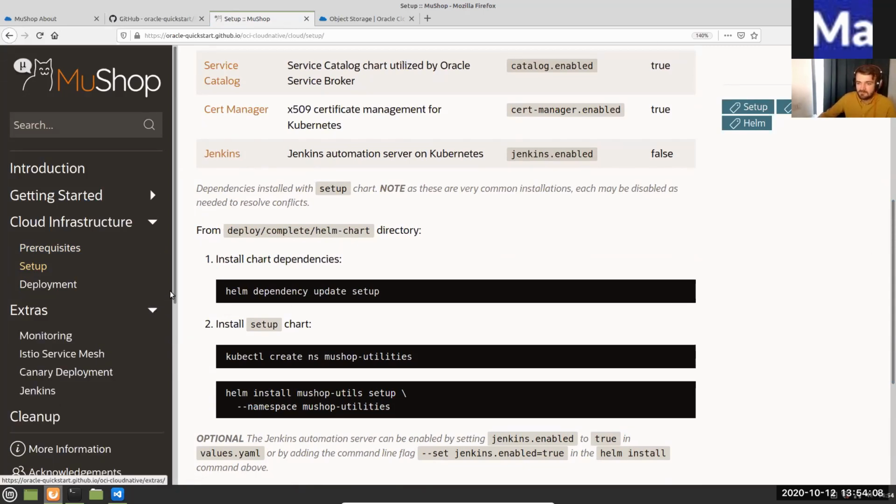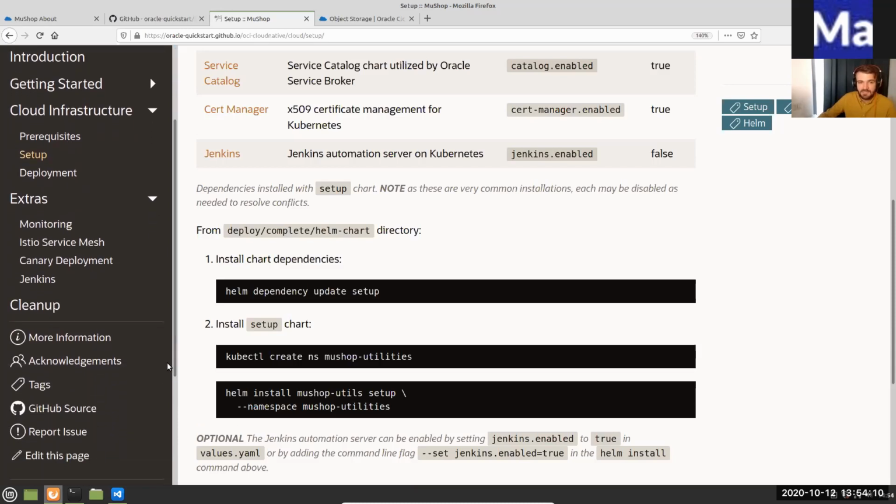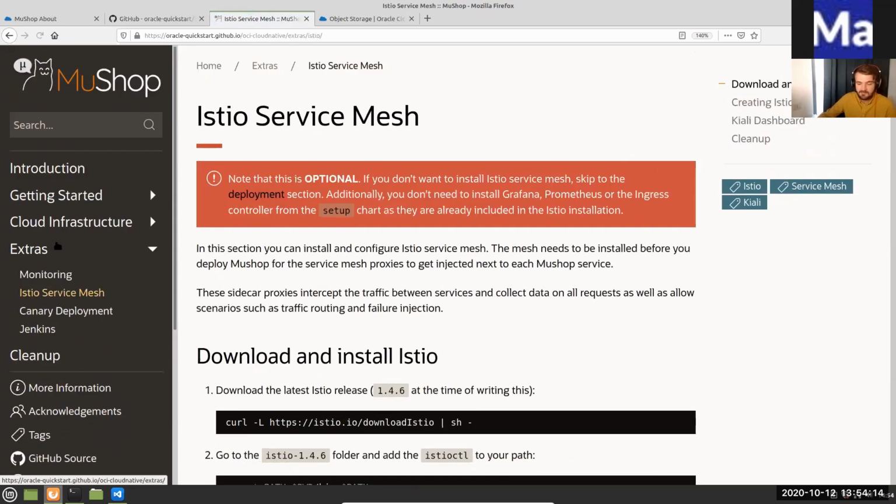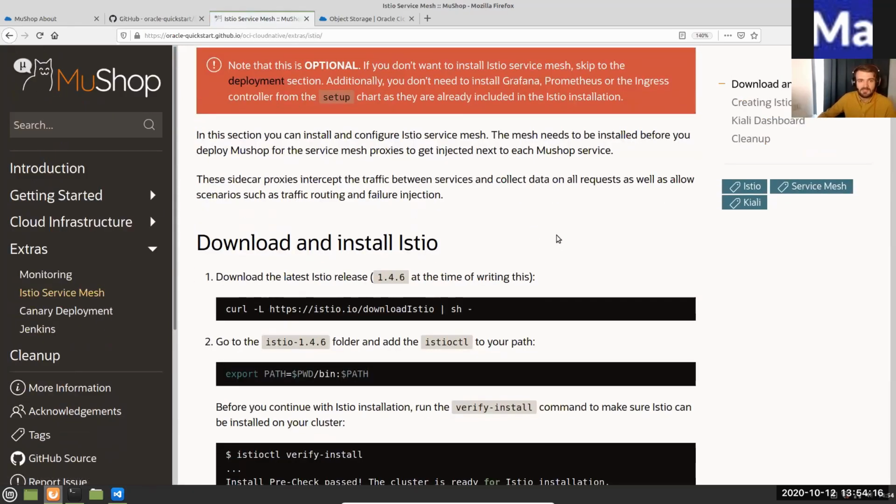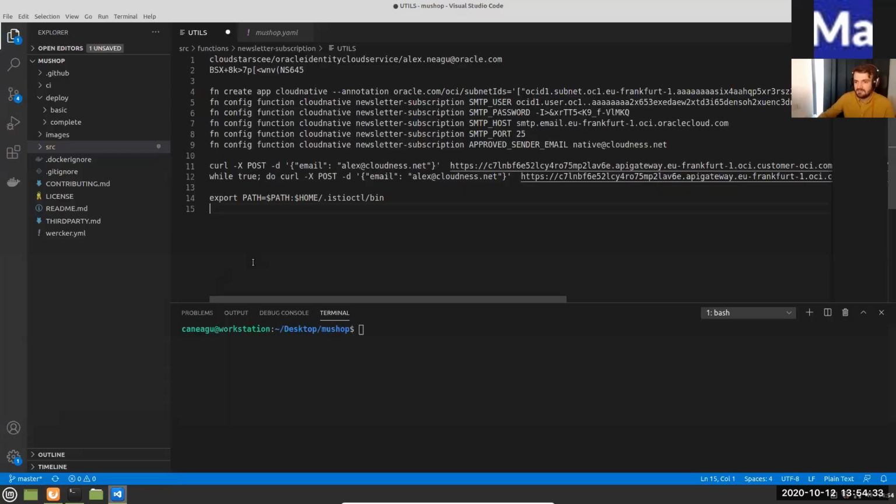And also, if you check the documentation, we have some extras. These are completely optional. So for example, if you want to deploy the Istio service mesh, okay, this is going to be provisioned using the demo profile. So again, it's not ready for production if you want. In Istio, you need to do a lot of tweaks and customization if you want to have it production ready. But it's a very good starting point if you want to experiment with it. And let me go here, try to zoom in a little bit.